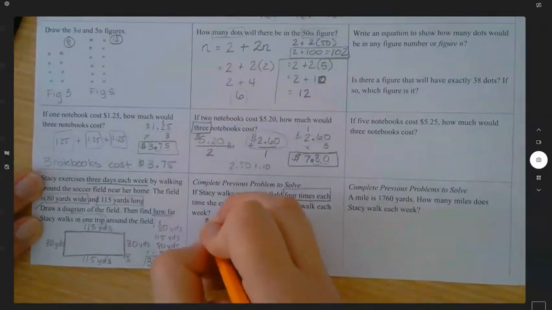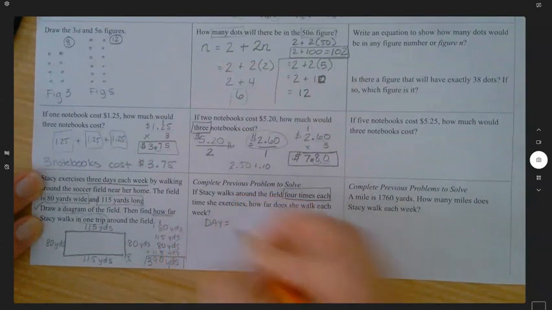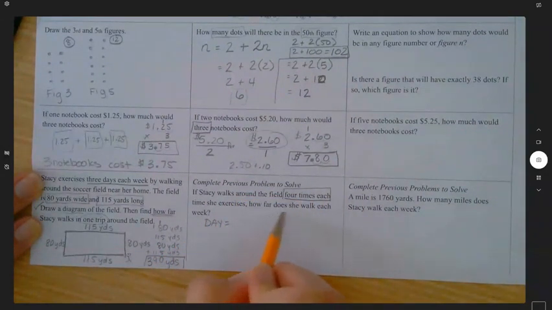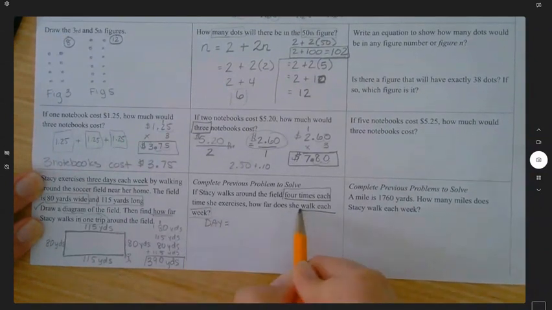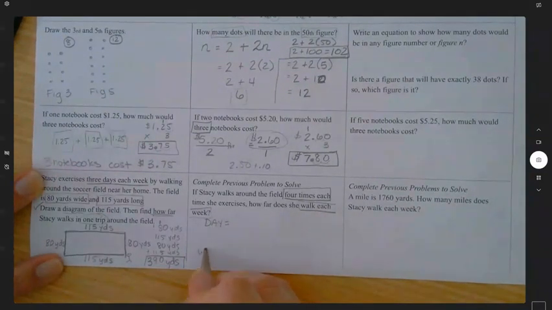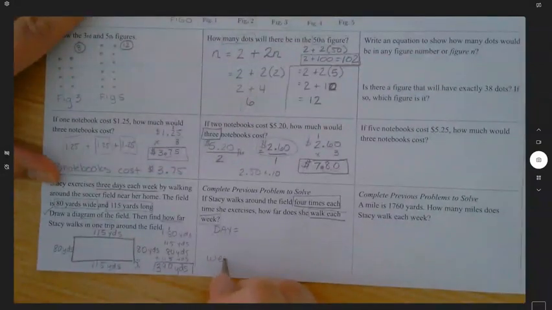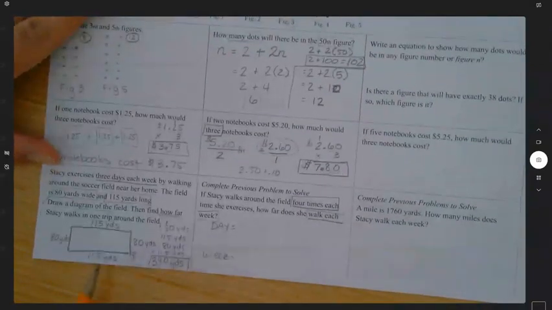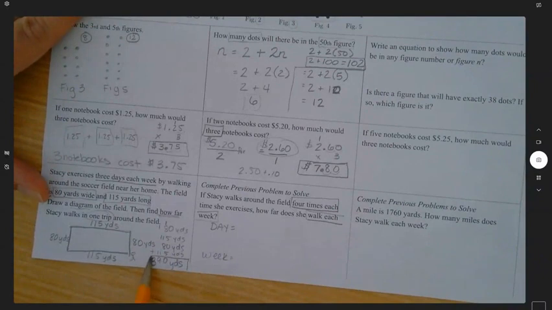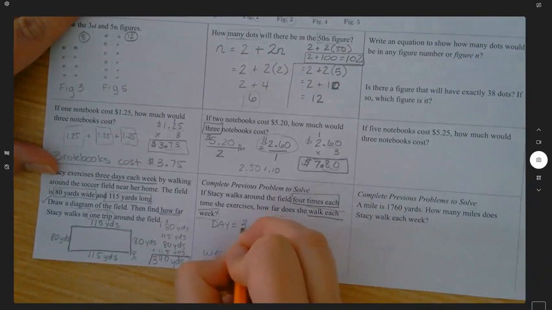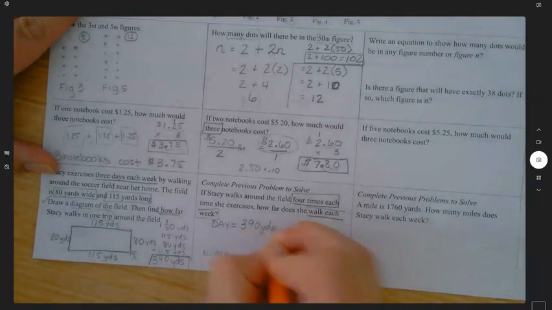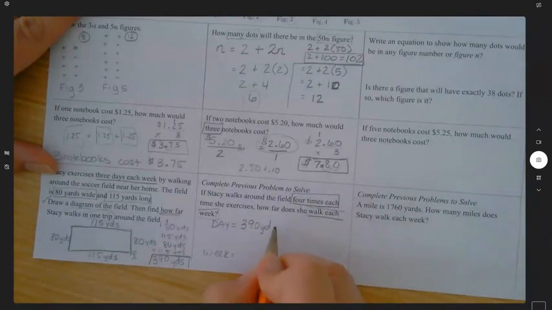So we have to look at each day first, and then we have to think about each week. So it's a 2-step problem. So first, if each lap around the field is 390 yards, and she does that 4 times,